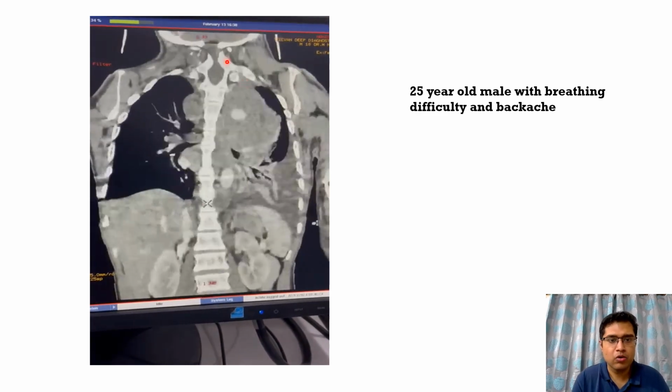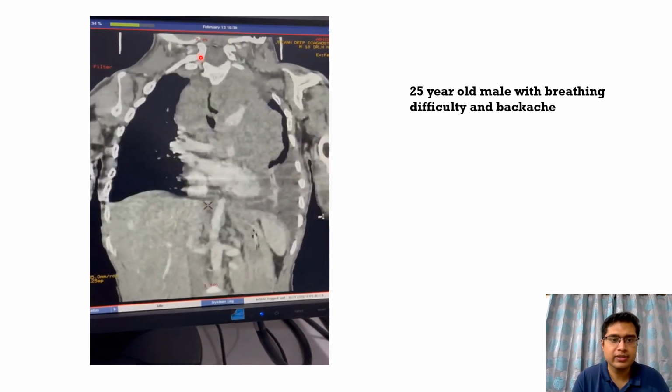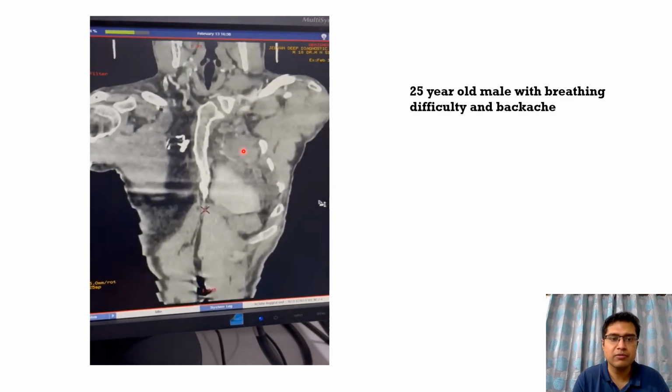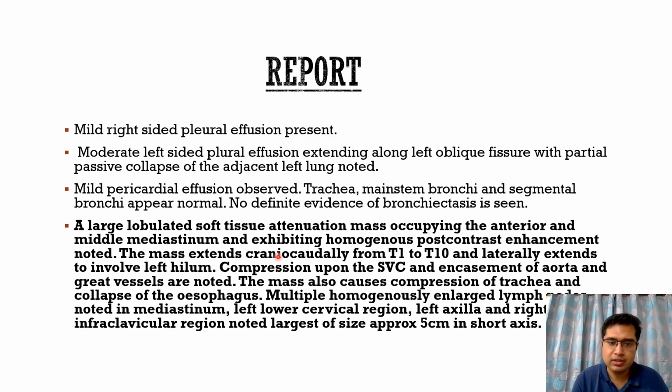In the coronal sections, again we can see the craniocaudal extent of this mass lesion, which is homogeneously enhancing with multiple enlarged lymph nodes. So the diagnosis is pretty clear here. It's a young male with a large mediastinal mass, which is encasing the vessels, not infiltrating them, with multiple enlarged lymph nodes in the axilla and the chest wall, homogeneously enhancing mass. This is the report I had given: large lobulated soft tissue mass occupying the anterior